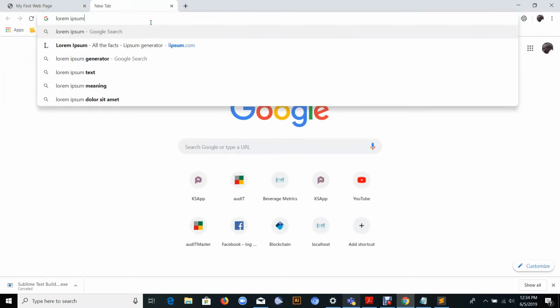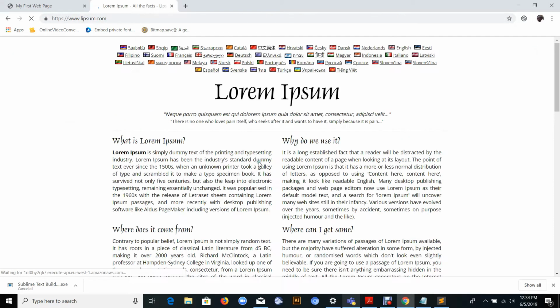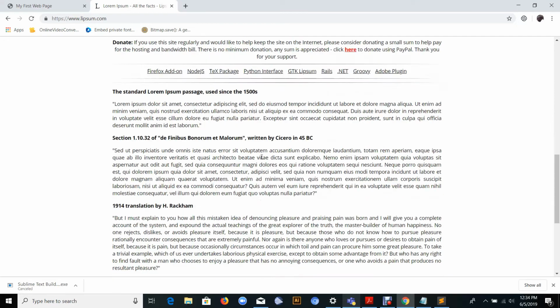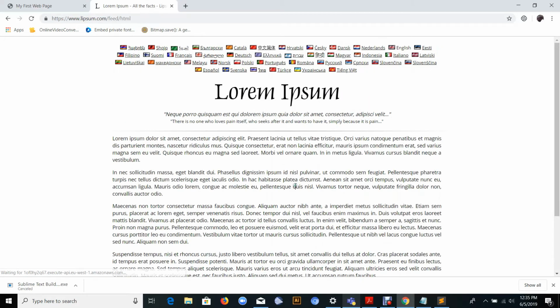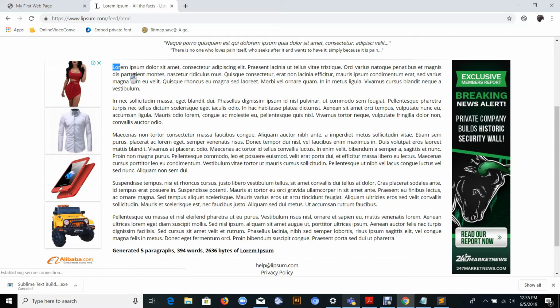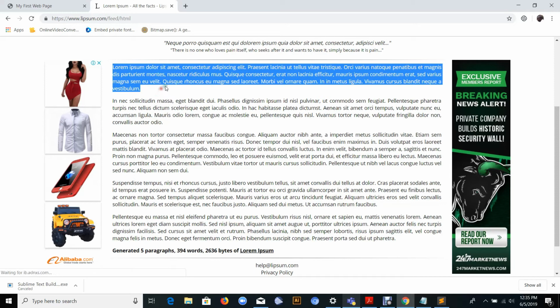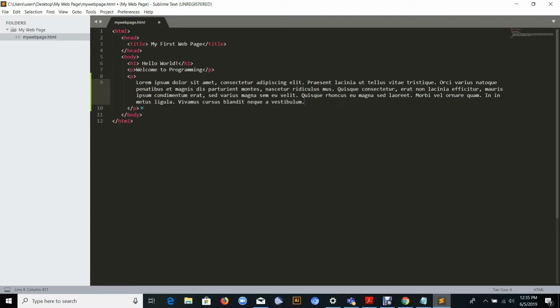The best I can get is here. I just come to a lorem ipsum generator, and then I can pick the first two paragraphs. So I can have this as my first paragraph and just paste it there, and then I have another paragraph,